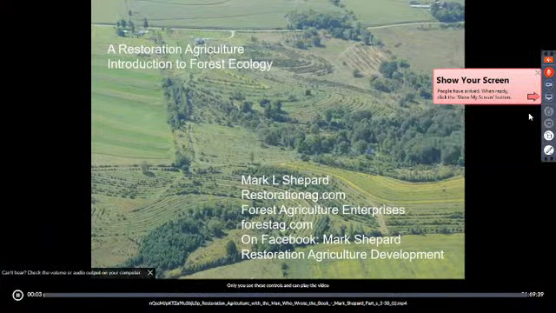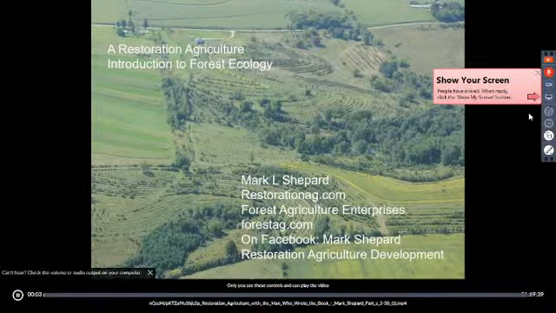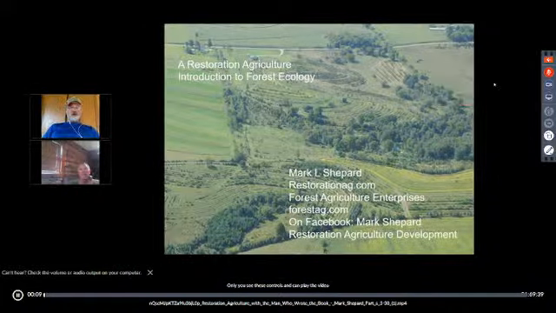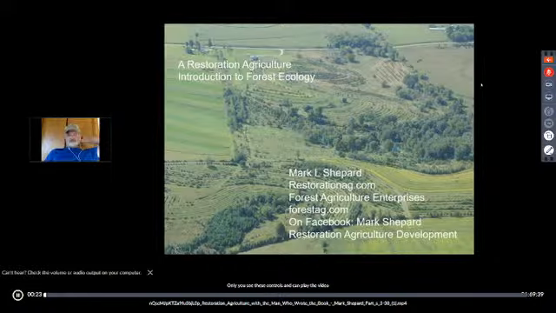You are aware of the fact that I'm going to begin putting restoration agriculture into a context, and it didn't just appear out of nowhere. One of the most important contexts that we need to put it into is the context of nature itself and ecological systems, of which we're going to be designing ecological systems, and we're going to be living in them